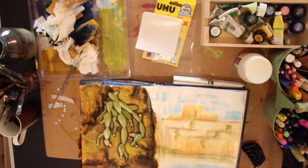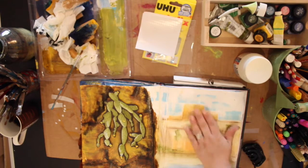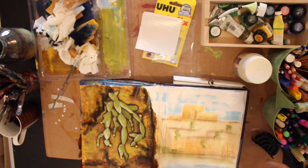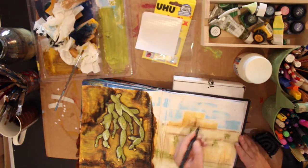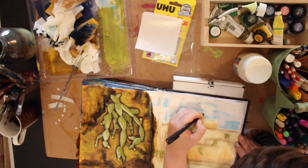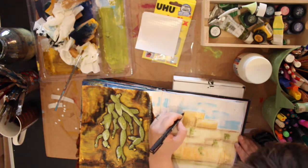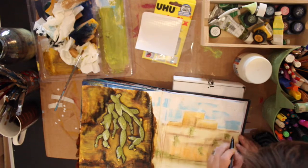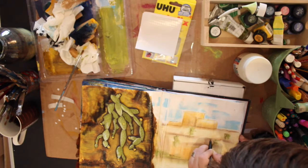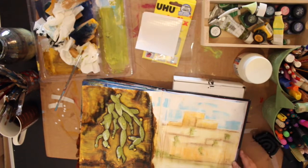Now I go for that, it's dry, so I can. Oh, my iPad is binging all the time. So now I can go for very rough outlining of the buildings, to give it some more lines to it, and I'm gonna pretend that